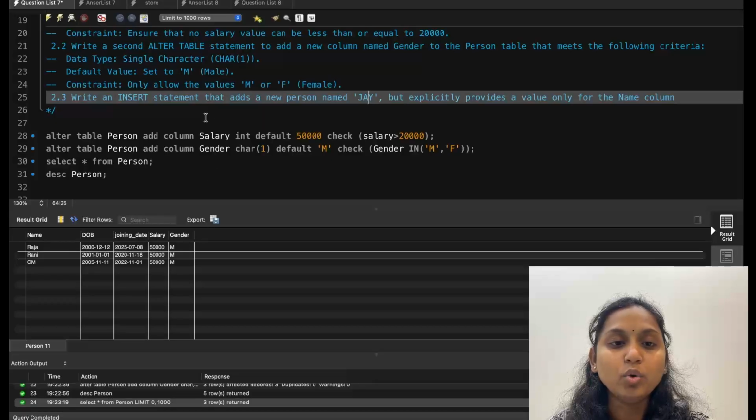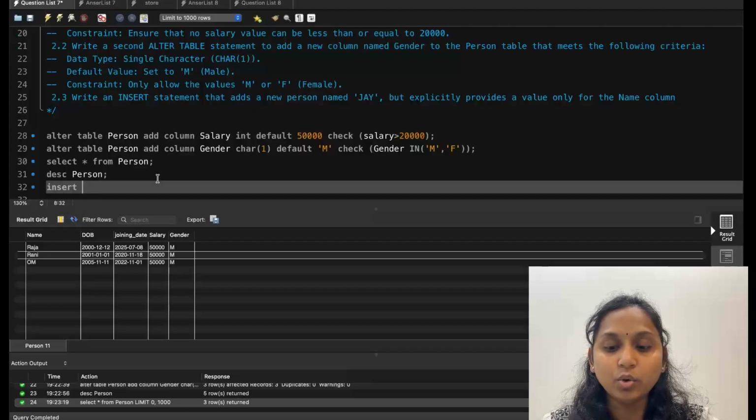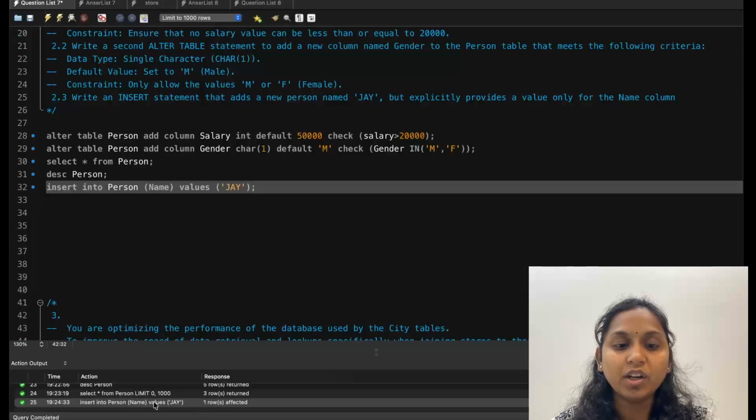Okay, you know what the insert command was? Yes. Insert into table name. What was the table name? My person. Now here, as we are aware, we only have to provide one column with the name Jai, and this is the semicolon. Here we have to provide the column name. You can see the column name is NAME. You have to provide that part. Now let me run this command. We are getting a successful message.